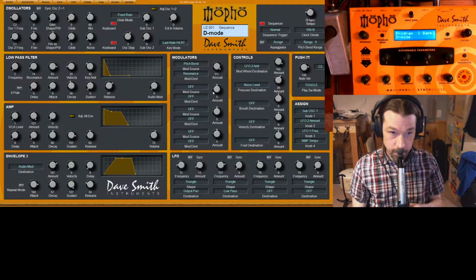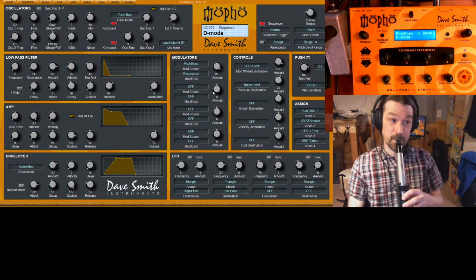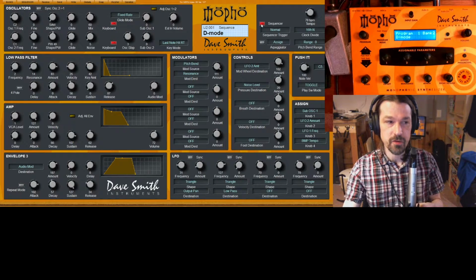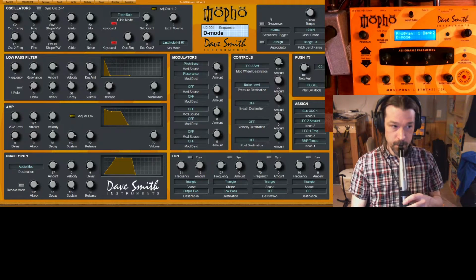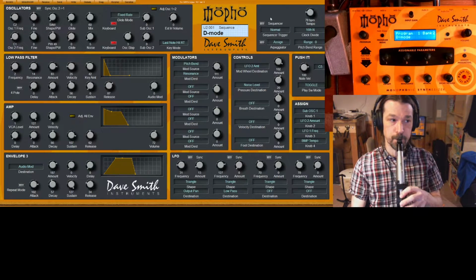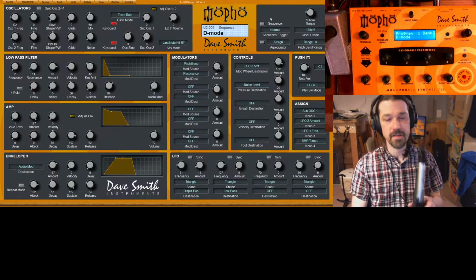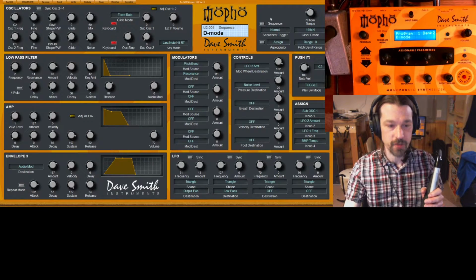So the first thing is to turn the sequencer off, and then maybe we can see what the sound actually is. Okay, so that's kind of a cool bass sound, but I don't really want to try to modify that for